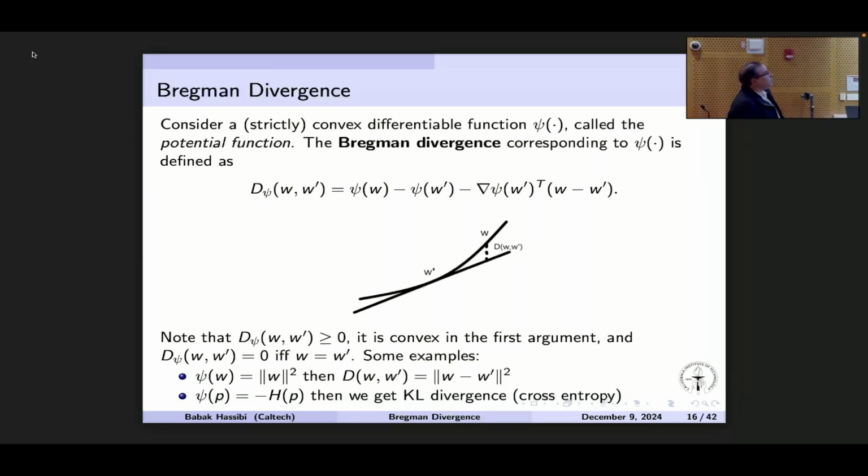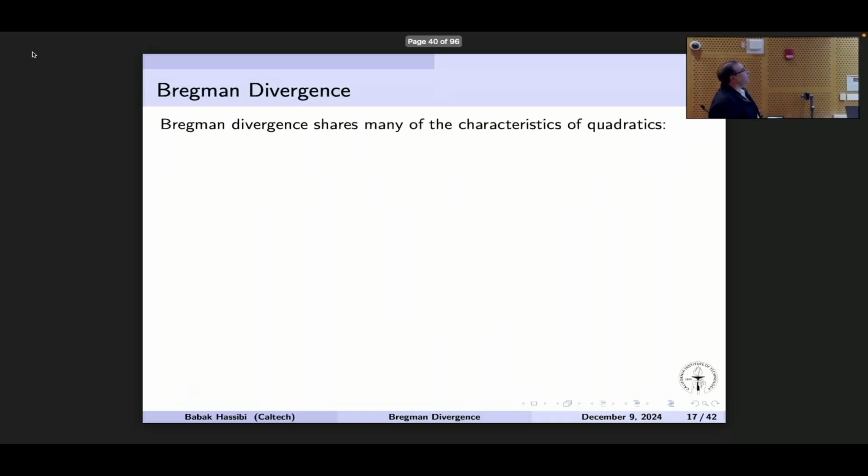So even though these things are non-negative, they're divergences. They're not distances. There's no triangle inequality. So clearly this is not a distance. It's the square of a distance in this case. So that's why it's a divergence. But why do I care about this? If you think about what Bregman divergence is, you're taking your convex function and subtracting the 0th and first order terms. So everything that remains is quadratics and higher. And that's why it behaves like quadratics.